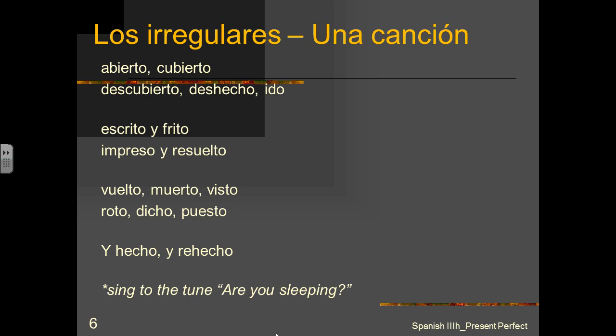Abierto, cubierto, descubierto, deshecho, oído, escrito y frito, impreso y resuelto, vuelto, muerto, visto, roto, dicho, puesto, y hecho, y